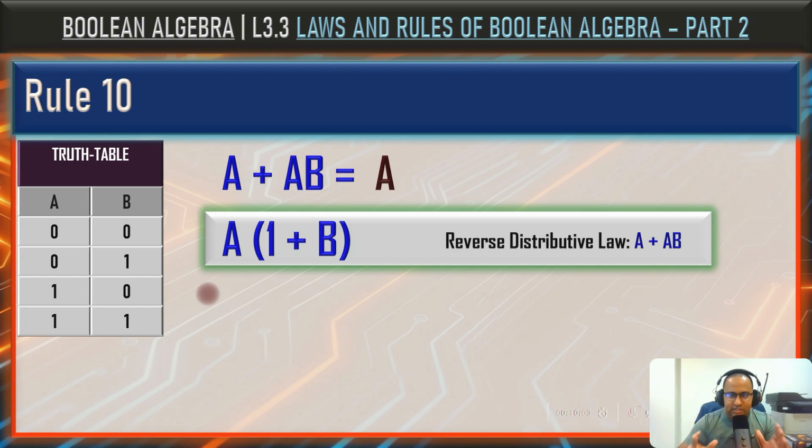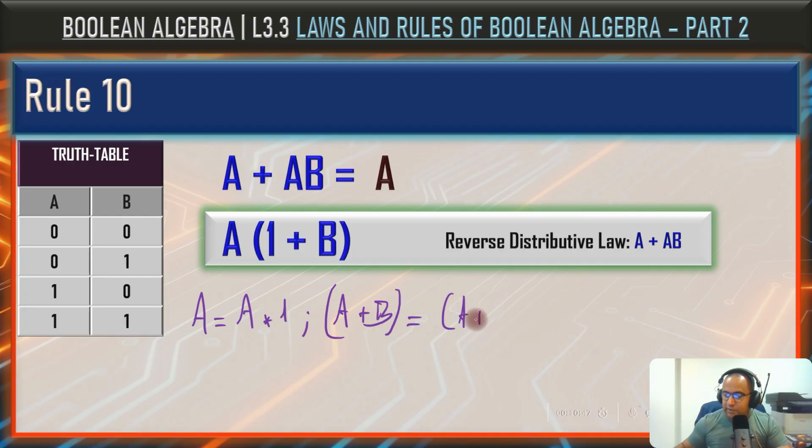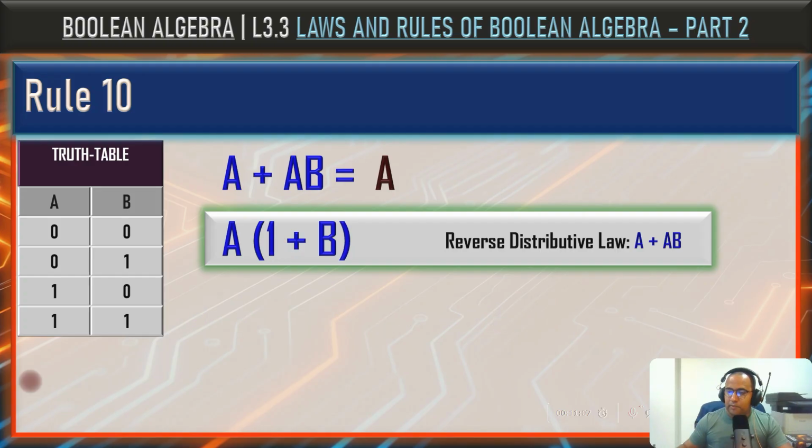Now, pay close attention to this point. In Boolean algebra, any variable that appears by itself is implicitly multiplied by 1. So when we write A, we are actually dealing with A times 1. And when we write (A plus B) grouped inside the parentheses, we are actually dealing with (A plus B) times 1, okay? That's exactly why this 1 appears here. Because when we apply the distributive law again to this term, we arrive at the same expression shown above.